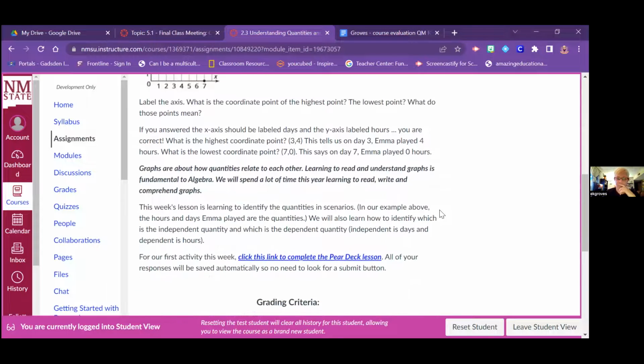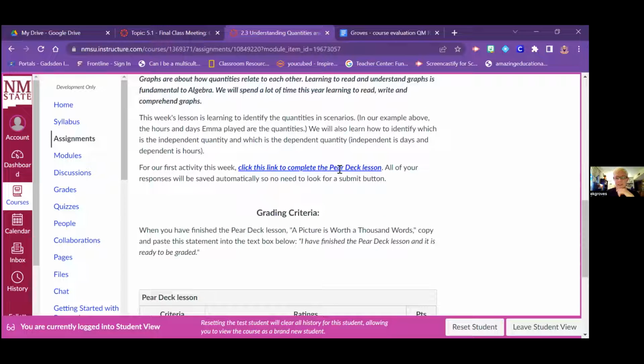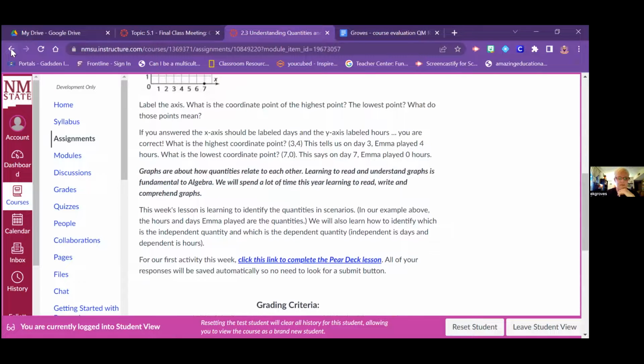The first lesson is about functions and identifying the key parts behind it. Here's a link on a Pear Deck. There's actually not an assignment attached to it, but really I just set up how it looks, and then I figured if this class was really to be used, I could create the lessons and then attach something to that. And again, once you just read the overview, copy and paste, submit for a super easy 10 points.